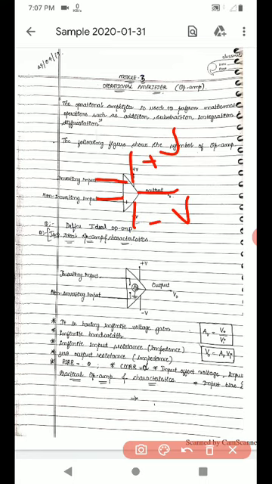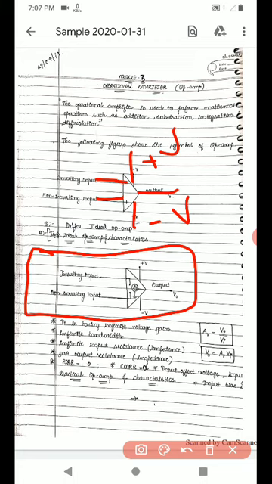Next, coming to the ideal op-amp. How will the ideal op-amp be? Again the same thing, two inputs, one is inverting and second one is non-inverting. Here in between these two input terminals, maximum resistance will be there, that is infinite. That's why it is symbolically represented as an open circuit. In an open circuit, the resistance will be infinite. In a short circuit, the resistance will be 0. That's why we can easily say that the input resistance for the operational amplifier is infinite. Here at the output side, it is a short circuited path, hence the output resistance is 0.